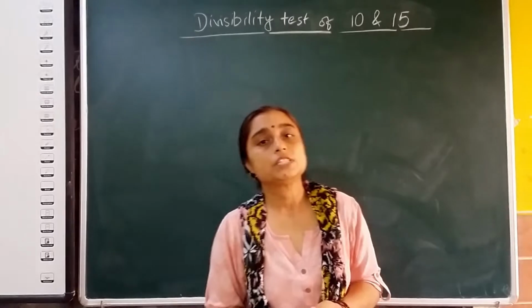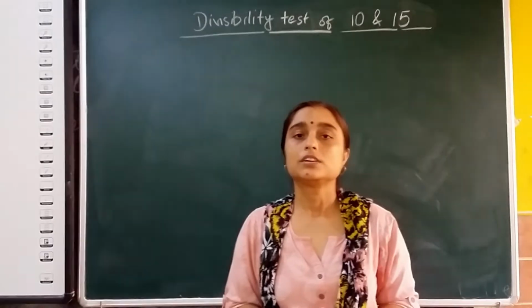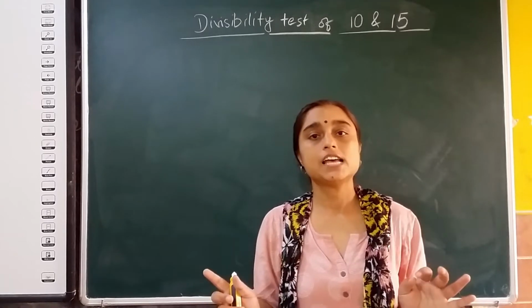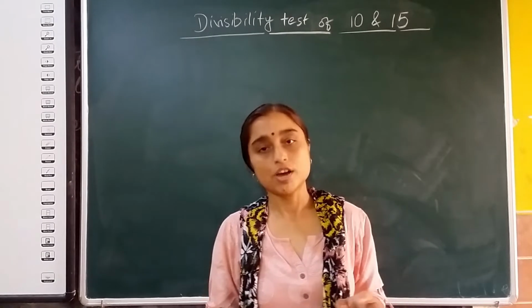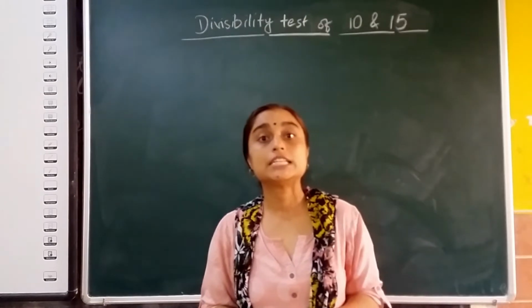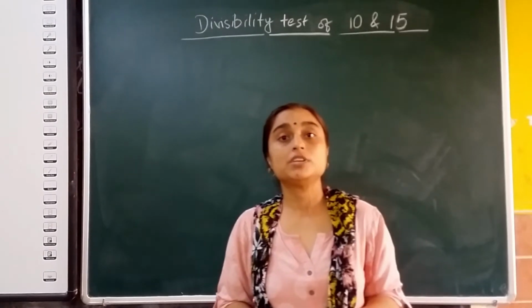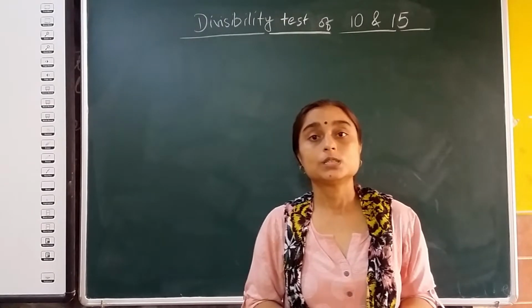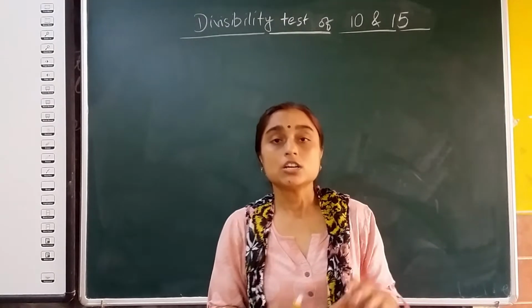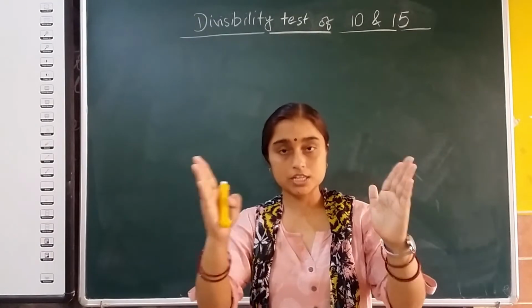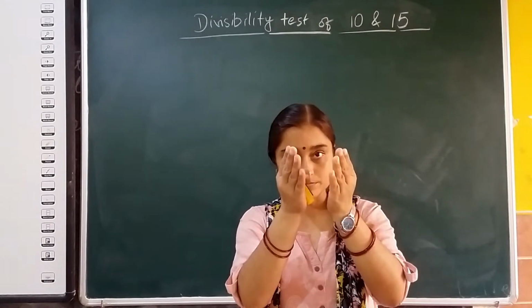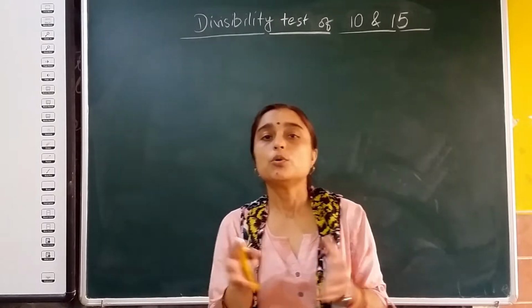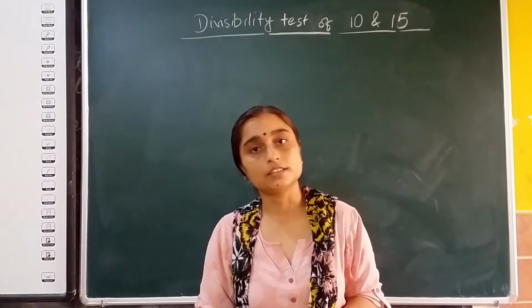Now we will do the divisibility test for 15. Okay, and the 15 test is very easy and you will like it as fun. All of you know the divisibility test for 3. What is it? The test for 3 is that all the digits of the given number are added together, and if the number that we get as the sum is divisible by 3, the whole number is divisible by 3.